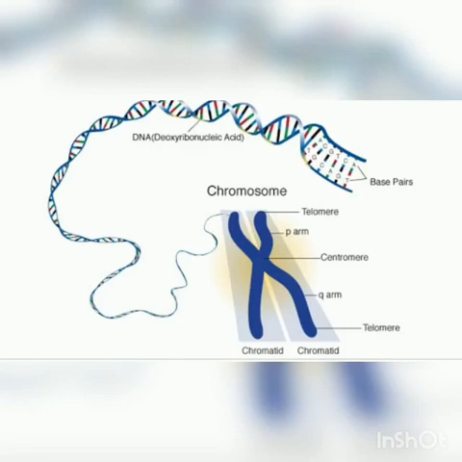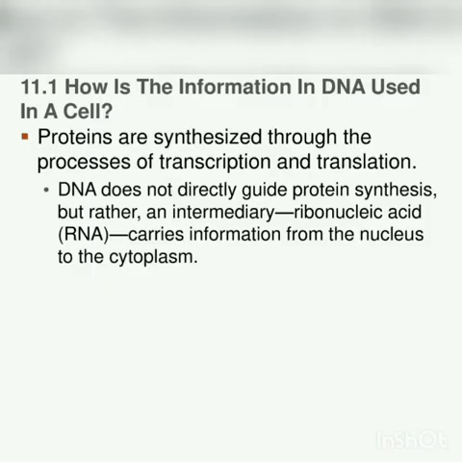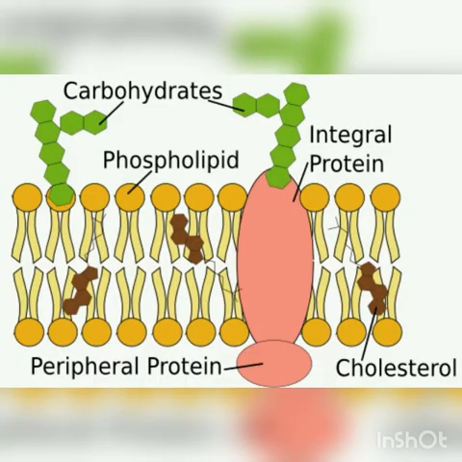One of the most advanced realizations of human knowledge was that our unique characteristics are encoded within a molecule of DNA. The discovery that DNA is the genetic material left several questions unanswered. How is the information in DNA used? Scientists now know that DNA directs the construction of proteins. Proteins determine the shape of the cell and the rate of chemical reactions, such as those that occur during metabolism